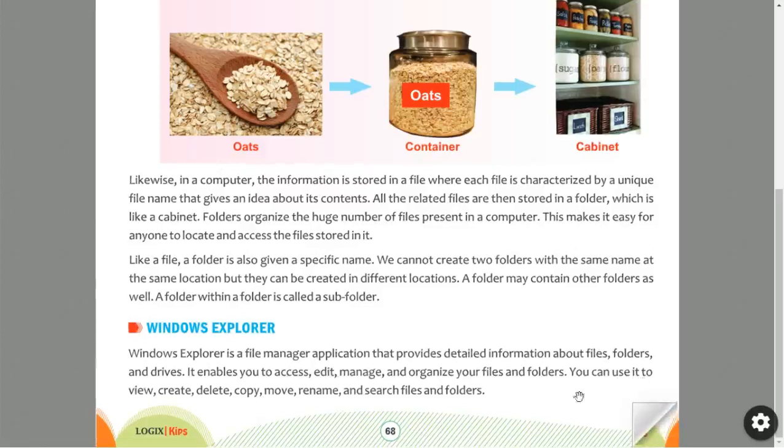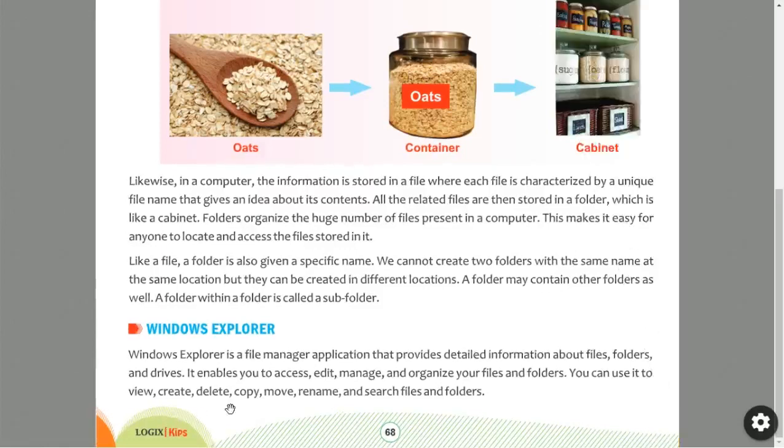You can use it to view, create, delete, copy, move, rename, and search files and folders. Viewing means looking at the files. If you want to create any file or folder, you can create it by using this Windows Explorer. If you want to delete any files or folders, you can delete them. If you want to copy any files or folders, you can copy.